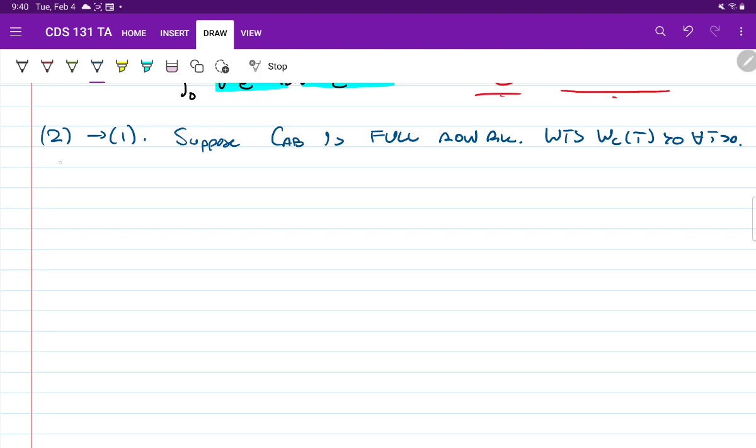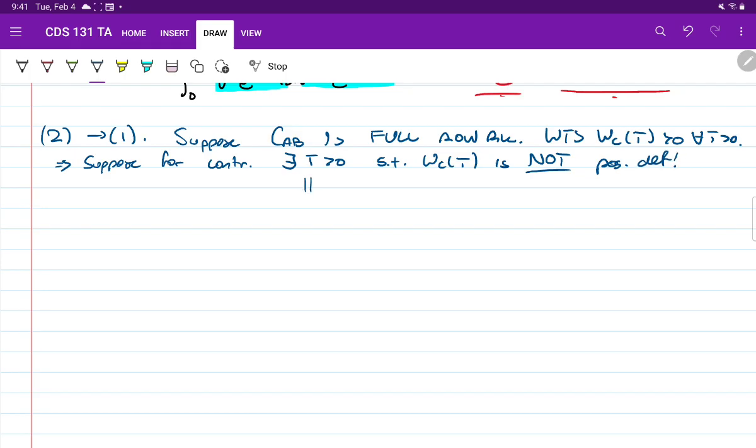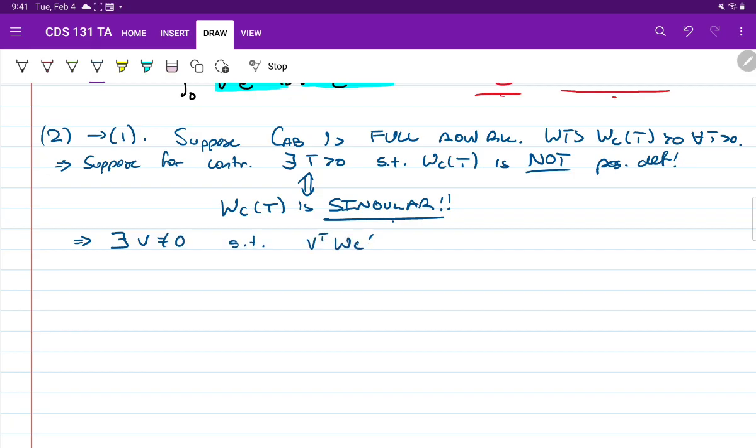All right, so let's do this by contradiction again. Suppose for contradiction there exists a time t greater than 0 such that W_C of t is not positive definite. Now remember, since we always have that W_C of t is at least positive semi-definite, this is equivalent to saying W_C of t is singular. Okay, so it's not invertible. What this means is that there exists a vector v, which is non-zero, such that v transpose W_C of t